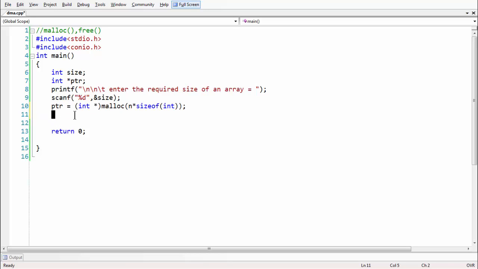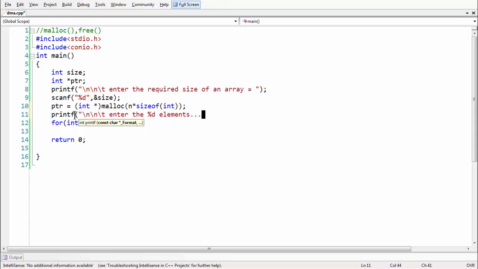Now with the help of a for loop, we are going to scan that many elements, so i less than size and i plus plus. Before that, let's put a small message here saying backslash n backslash t, enter the percentage d elements.